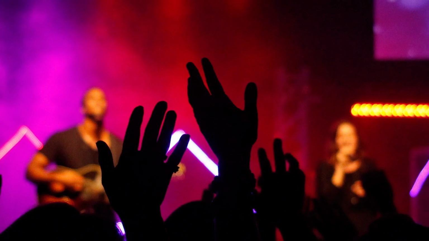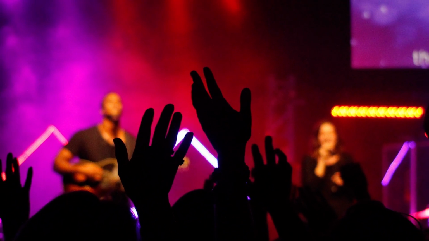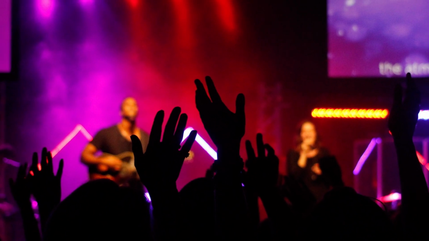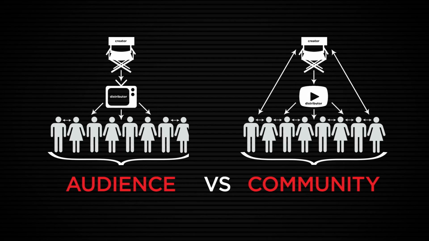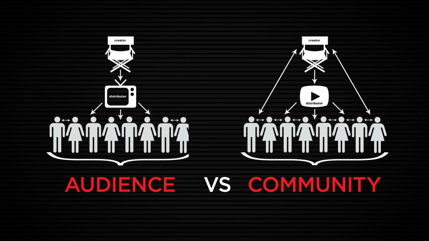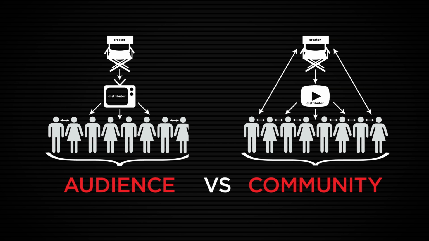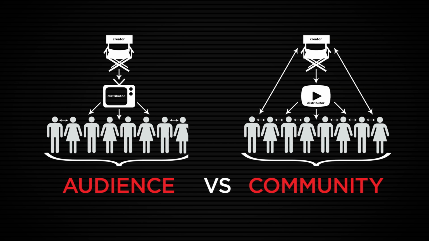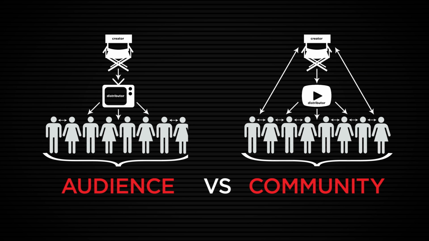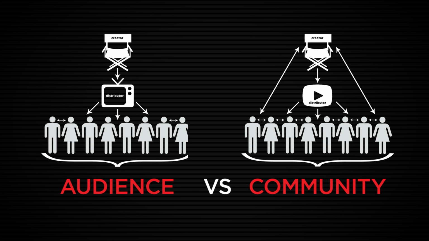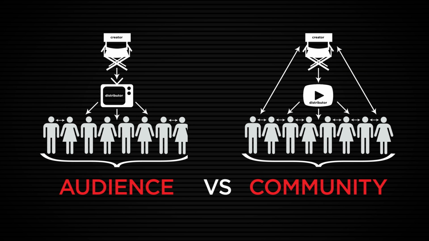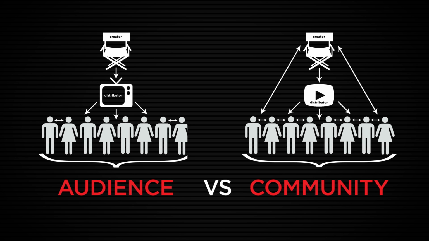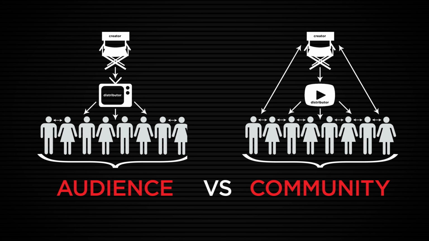An audience is, the way I think about it, if you are on a stage and everyone is in seats looking at you up on stage. That is an audience. They are looking at you. But a community is when you, as the leader of that audience, can get those people to stop just focusing on you, but instead get them to turn and look at each other and start interacting with each other. And you, as the leader, become a facilitator to people who are interacting and supporting and standing together like this rather than them all just looking at you.